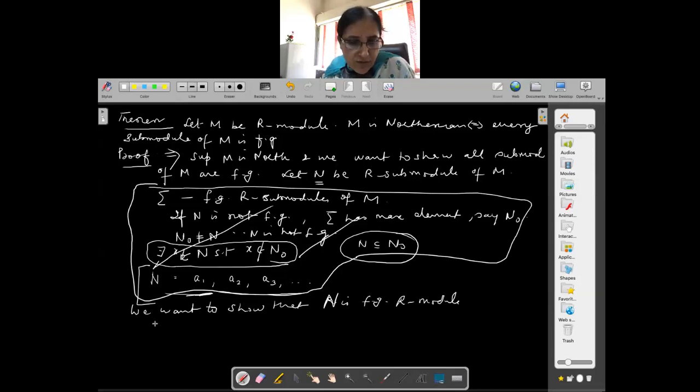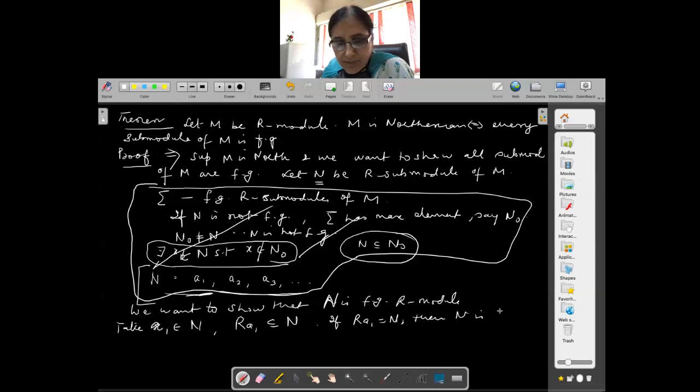Take a1 in N, the way Harleen was taking, and look at Ra1. I am keeping R on the left, left R-submodules; I am more comfortable with left modules. Ra1 is contained in N because a1 is an element of N, so anything multiplied with elements of R is contained in N. If Ra1 is equal to N, then N is finitely generated, because it is generated by a1 as an R-module.